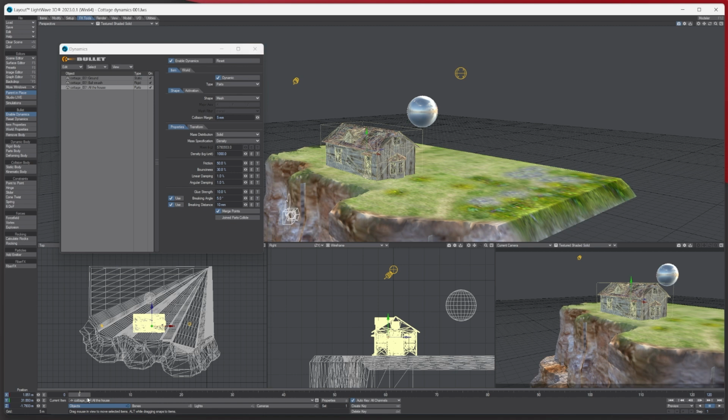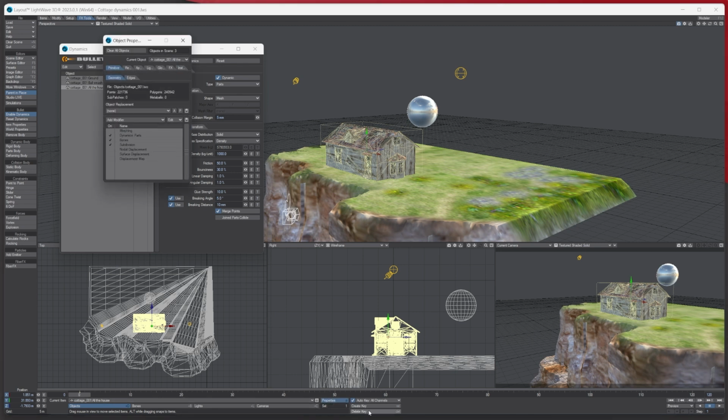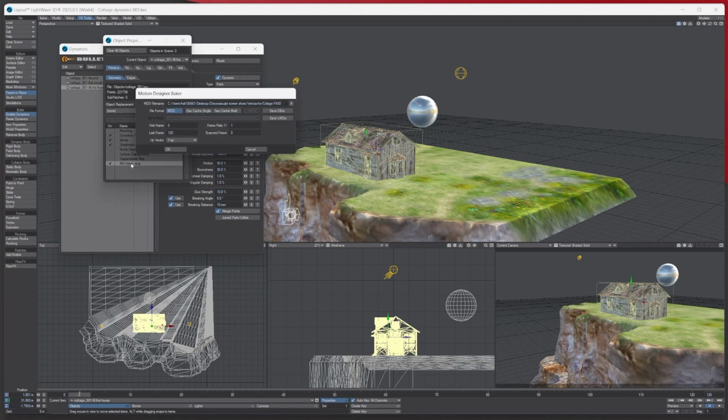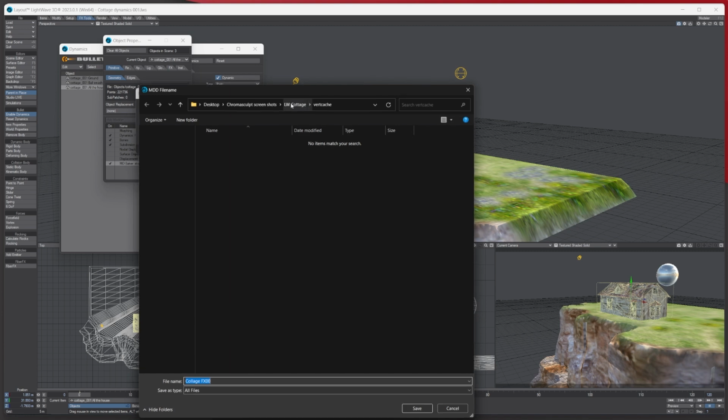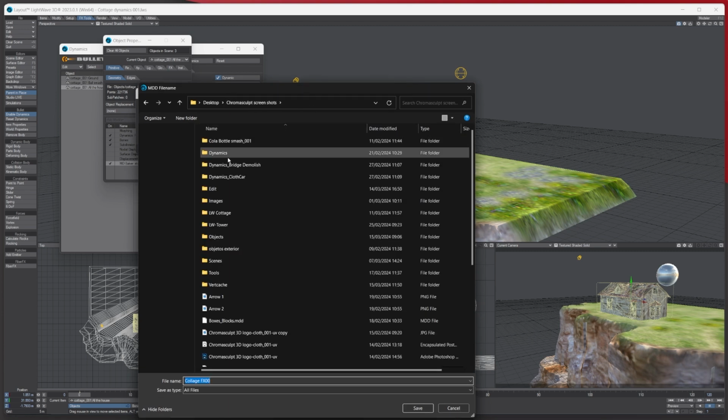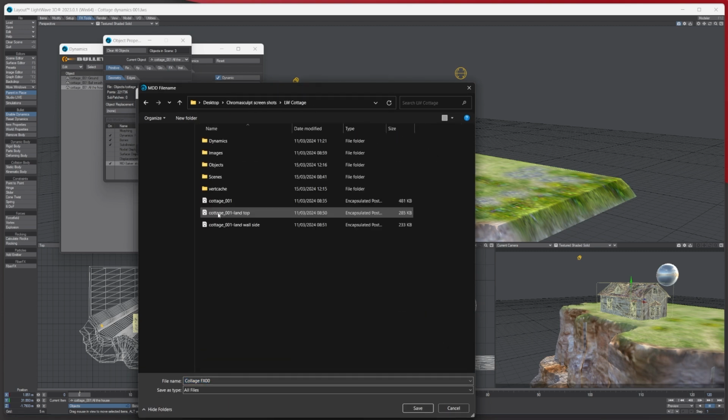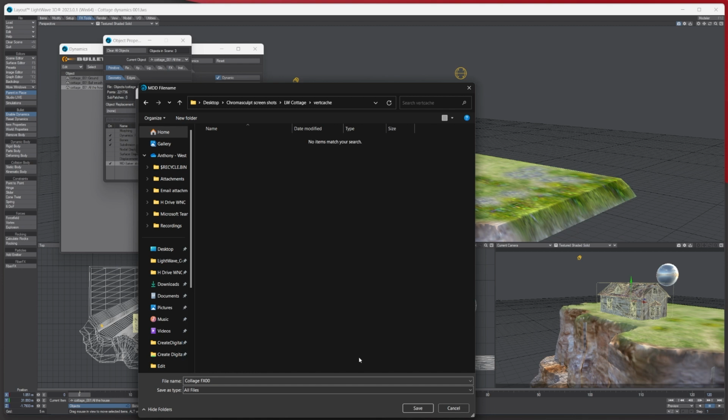So to do that, what we're going to do is make sure when you're doing this, you're on the model you want to capture the vertex cache for. And then under the properties at the bottom here, look, under add modifier, go to MD Baker, you will double click it. You need to choose where the actual file is going to be saved, this little arrow here, and make sure you've got a vertex file. So I've got a folder for Lightwave Cottage, and here's my vertex file where I'm going to save it, and I'm going to call it